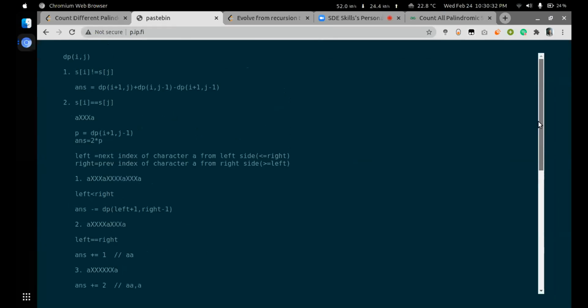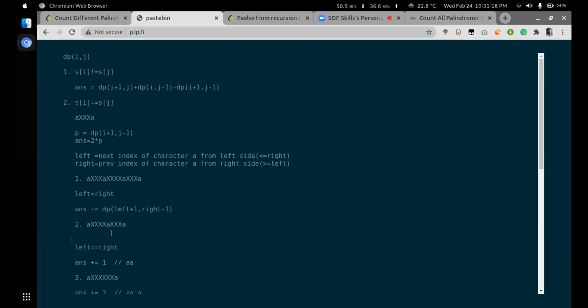Okay, makes sense. So Abhishek, in your second condition, when you say your left is equal to right, so basically you are saying that in the part i plus 1 to j minus 1, you just have one single A, right? So why are you just taking one pair only, AA? I couldn't really understand why it is just plus 1 and not plus 2. Yeah, so in the general condition, when I was finding the distinct palindromic subsequences of this substring here, I would already consider this A, because right and left are on the same index now.